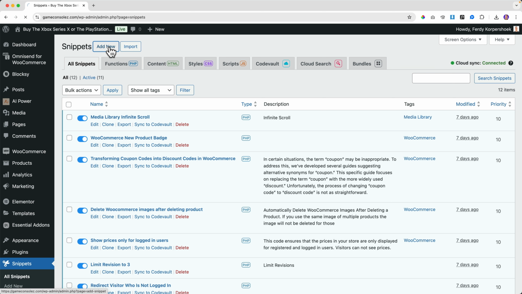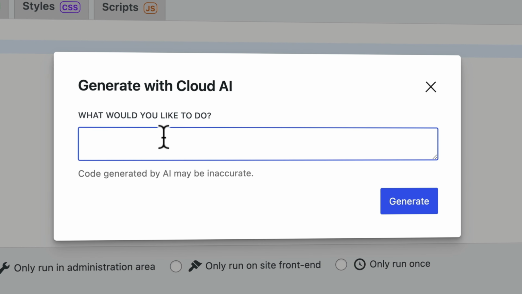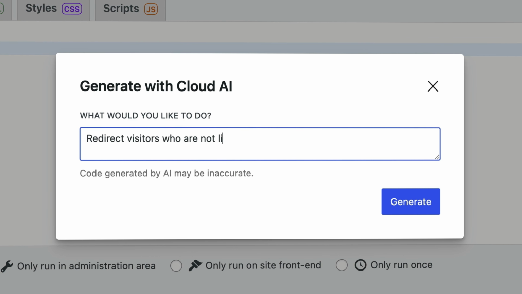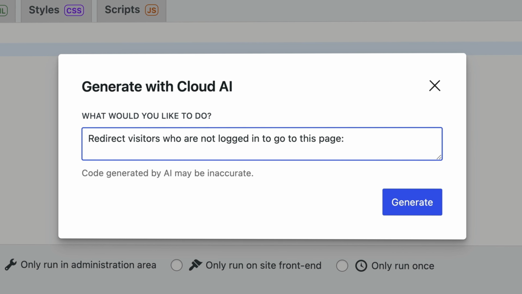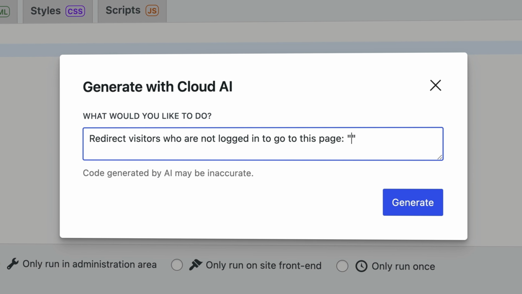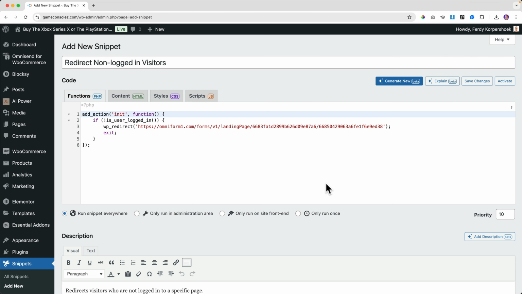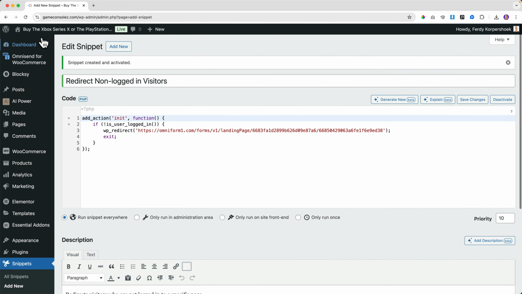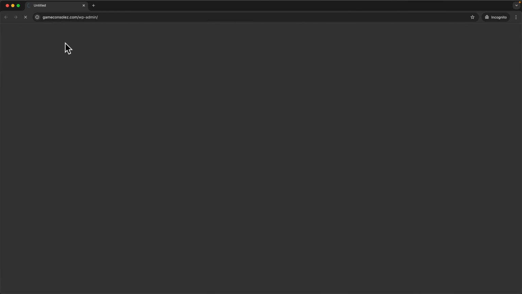I click on add new. I say nothing. I click on generate and I say redirect visitors who are not logged in to go to this page. Generate. Okay. Redirect non-logged in visitors. Okay, save the changes. So I'm logged in. So if I go to the website, I see this. But if you're not logged in and you go to the website,